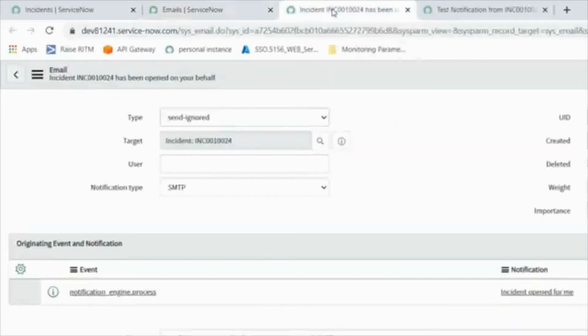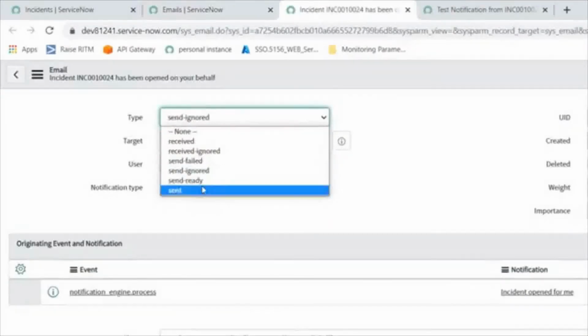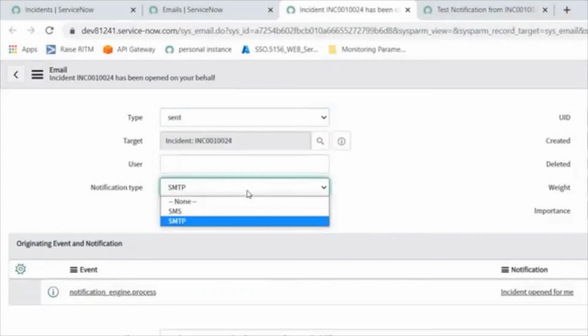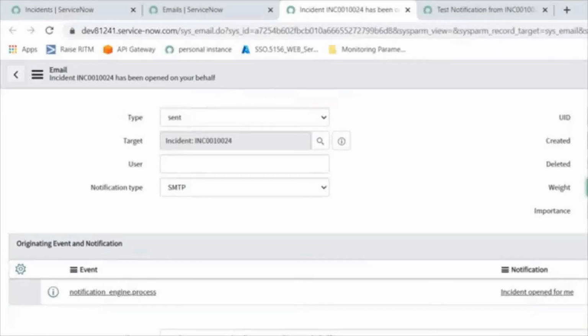Here you can see all the fields. When you see the sent field, that means it has been sent from our ServiceNow to the third party. The notification type is SMTP. Like inbound, we can use SMTP. Internally it will calculate the weight, 30, like that. We don't have that visibility; based on the system it will create it.